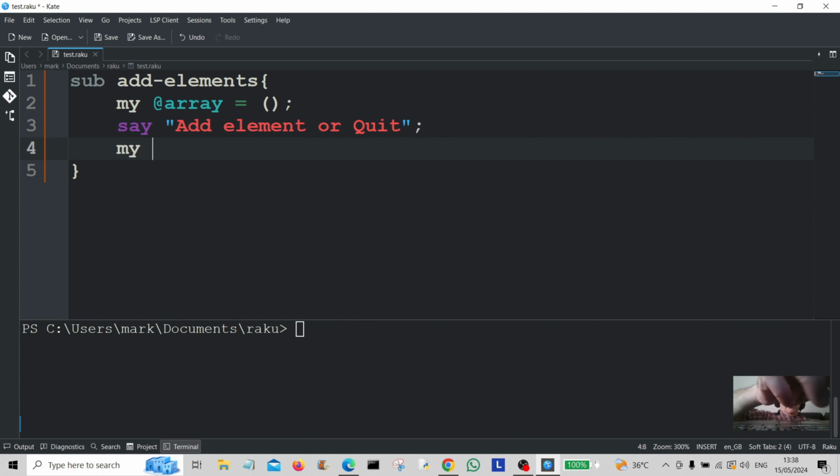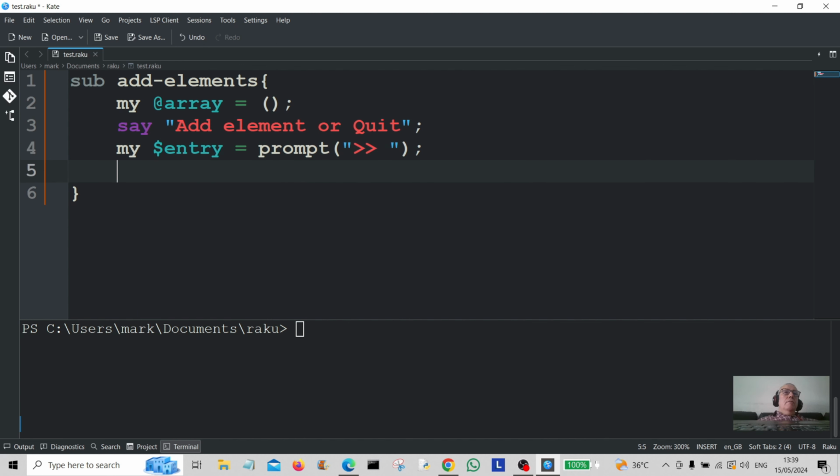Right, I'm going to create a scalar entry to get user input, so we do a scalar variable and assign it to prompt. We're not going to put anything in the prompt because we've already told the user what we want them to do, so they know now. Right, so we're going to go on to the until loop here, so we use until